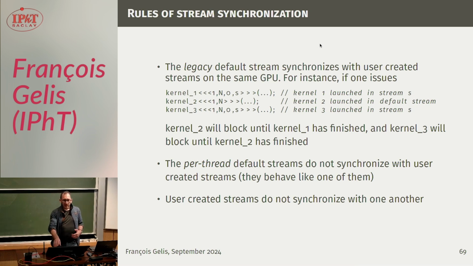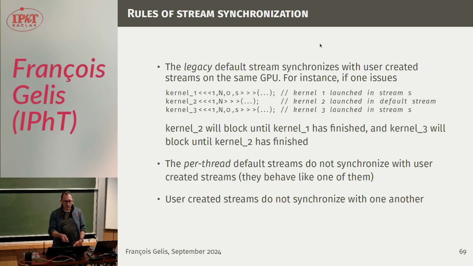So if you have this sequence, for instance, where a first kernel is sent to a stream with a stream handle S, then a second kernel is sent with no further arguments, so it is sent to the default stream, and then a third kernel is again sent to the stream S,